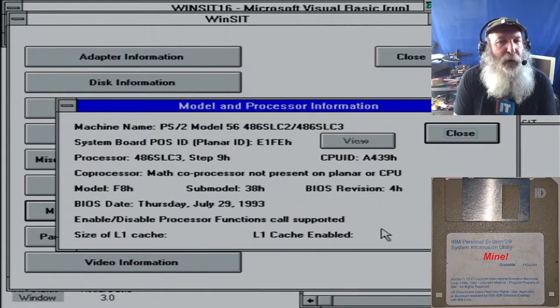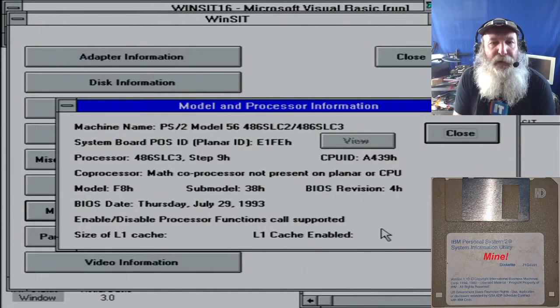And here in the Windows program, like I say, I've identified that as the 486SLC3 stepping 9 hex. And I'm not so sure if I'm going to keep identifying the stepping that way. And some of the CPUs, like the 386DX, 386SX, the Intel 486DX and SX and DX2s,